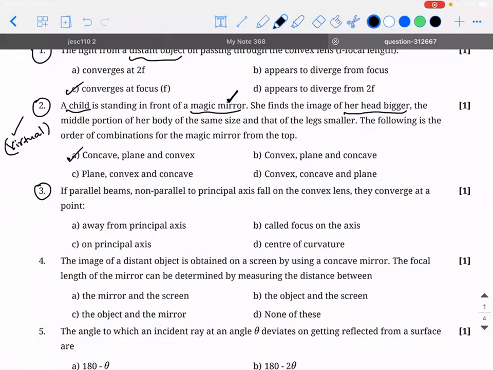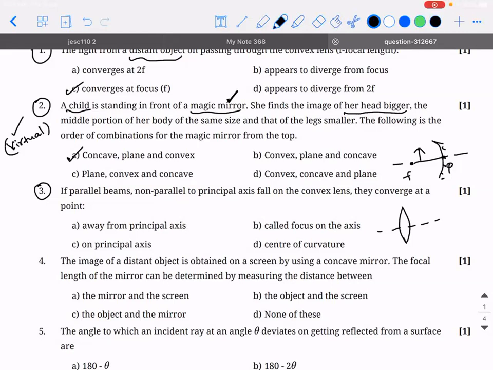Sir, for the second question, you told it's virtual, so can you explain that once more? You see, if a person is able to see themselves in a mirror, suppose you stand in front of a concave mirror like this. If you don't stand between the focus and the pole, you'll be seeing real images, right? What do we think real images are? Real images are something which we can see. No. The ones which we see in the mirror are actually virtual because they are formed behind the mirror.